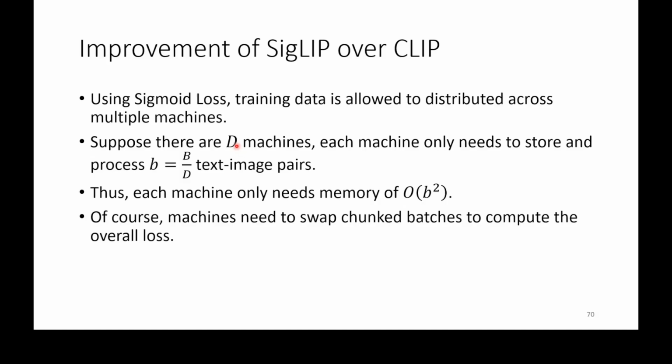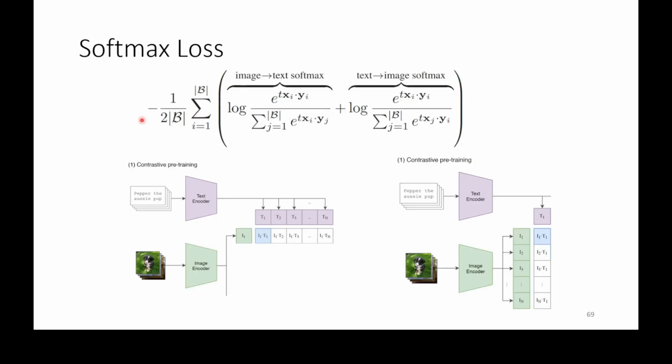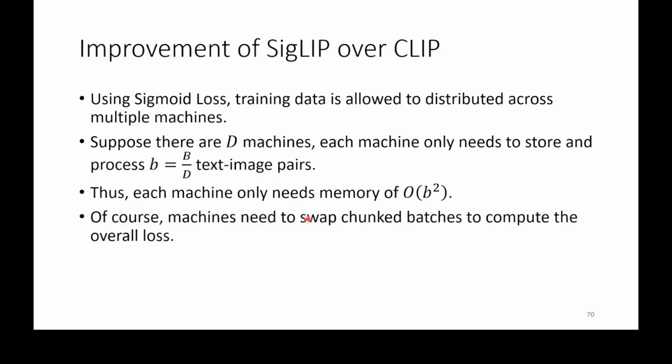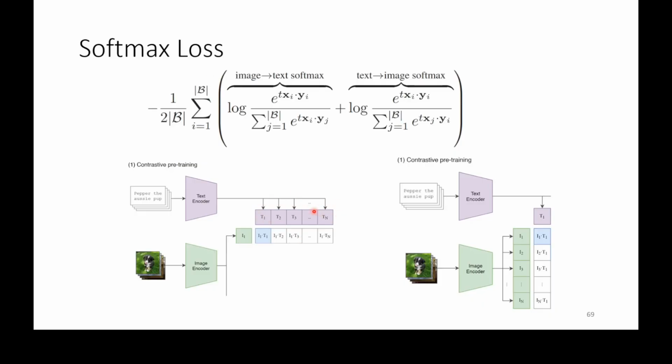Because when you compute the softmax loss, you need to put all of the batch features in the memory so that you can compare this image feature with those text features. Okay, but if you use sigmoid, because they are pair by pair comparison, you can split the batch of the text features into small chunks